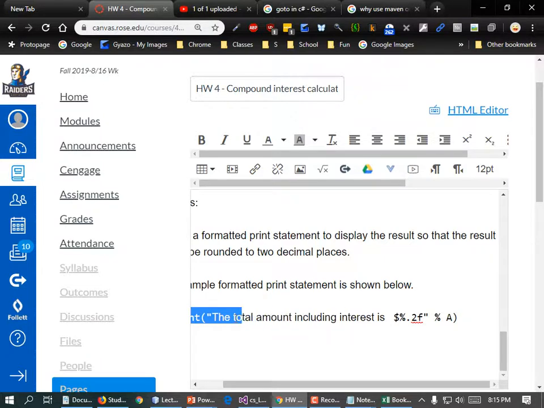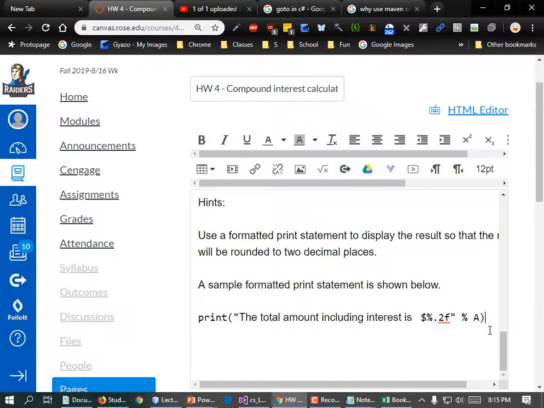I'll do the same for the Java programmers as well, because it's a printf statement, and it looks like this. So the sample formatted print statement is shown below. This is the Python syntax. And here's the Java syntax. System.out.printf, parentheses. We've used printf in here, right? I don't think we have this much yet. Yeah, everybody's shaking their head no. Alrighty. Well, let me go ahead and finish this, and then